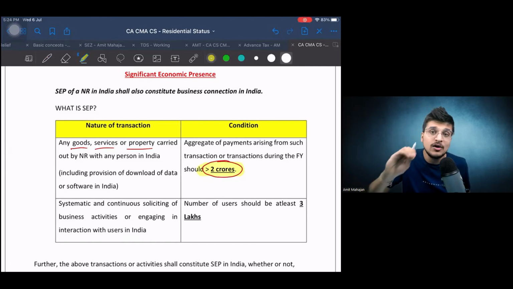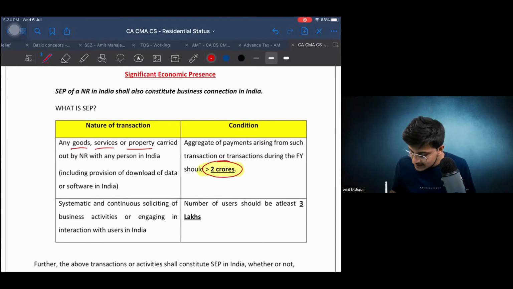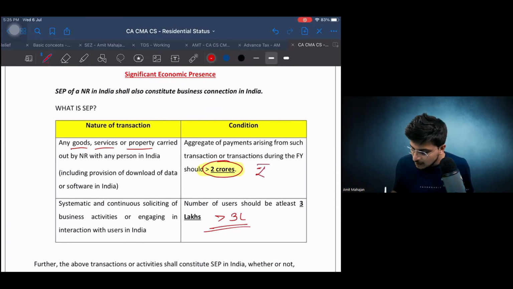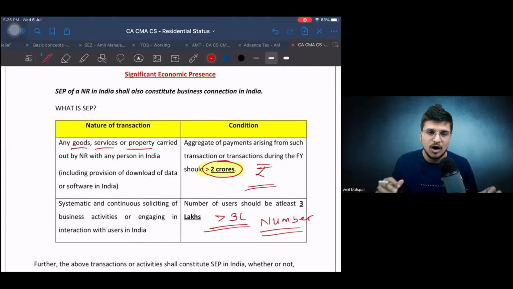ये तो हुआ वैल्यू ऑफ द गुड्स और सर्विसेज। अभी बात करता हूँ यूजर बेस। जो यूजर बेस होता है ना, इफ दैट यूजर बेस इज मोर देन 3 लाख, if it is more than 3 lakhs user base, then in that case तो भी हम मानेंगे कि तेरा significant economic presence है। ऊपर वैल्यू का बात किया है और नीचे नंबर का बात किया है, नंबर ऑफ यूजर्स, और ऊपर वैल्यू का बात किया है।